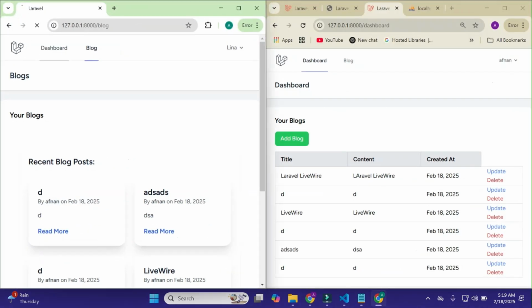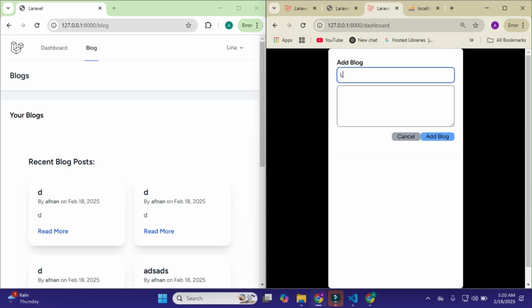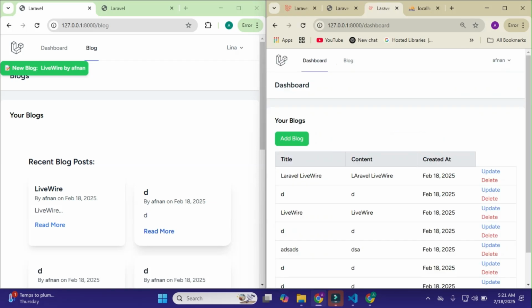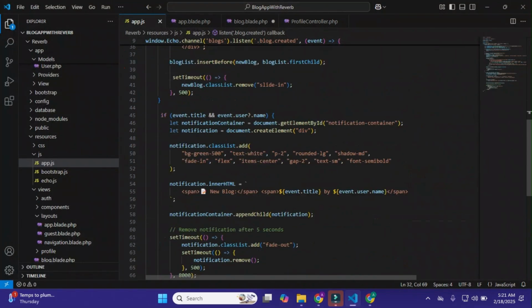Hope so it will not give me any error. Okay, so now I'll just simply create a new blog, and I'll just simply name it as Livewire. And also I'll just simply duplicate it to show whether it will show me the notification on multiple pages or not. I'll just simply create, add blog, and it will show me the notification, Livewire by Afnan, Livewire by Afnan. So that's great, amazing. So it will show me the notification. So I'll just simply